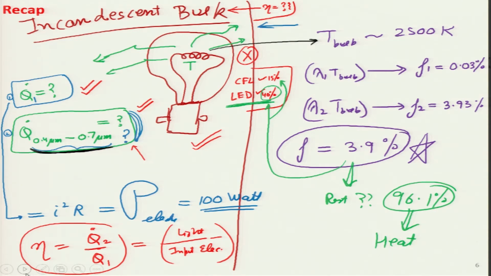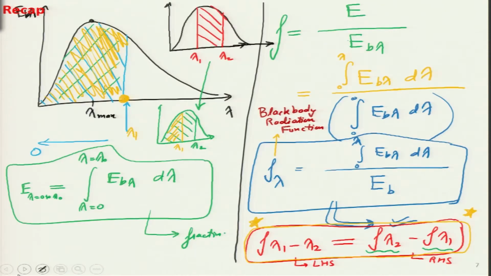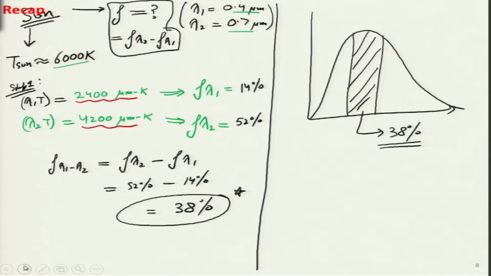And this was really interesting because we wanted to look at some real life applications such as the incandescent bulb. It is not bulk, it is bulb. I will write it BULB. So, there is a spelling mistake. What we want to do is figure out how much energy is emitted within particular wavelength bands. We figured out that the old fashioned incandescent bulb has very low efficiency, of the order of 3 or 4%. We also did similar calculations for the sun, and there we figured out that a large amount of the spectrum is in the visible spectrum.